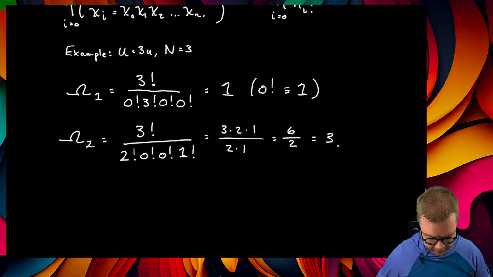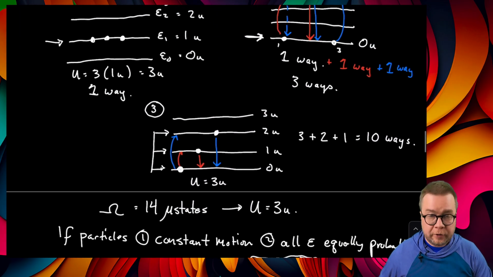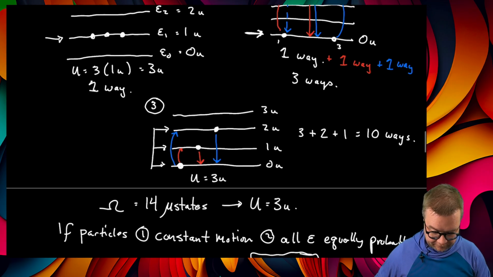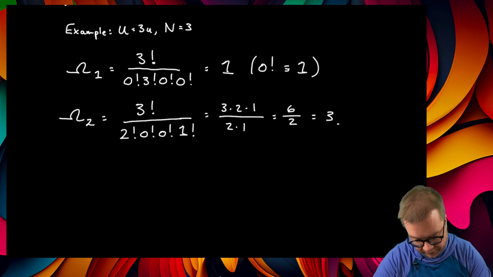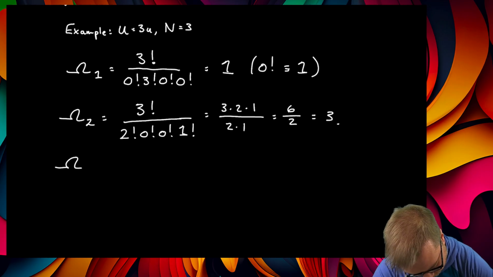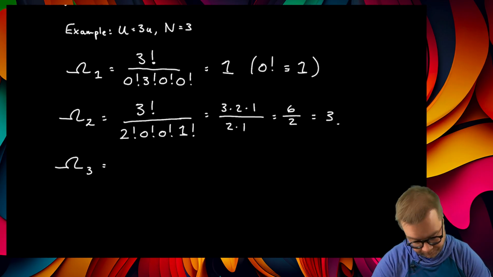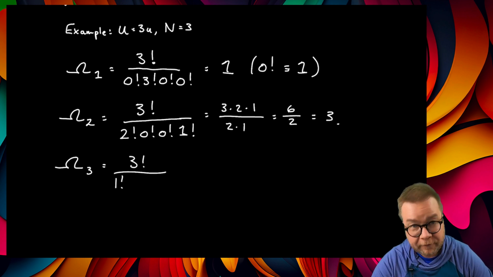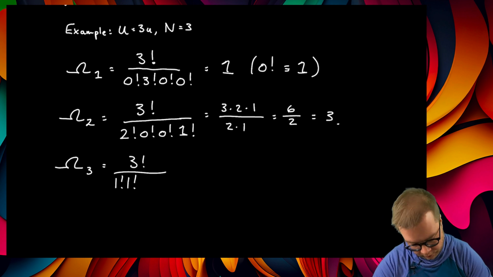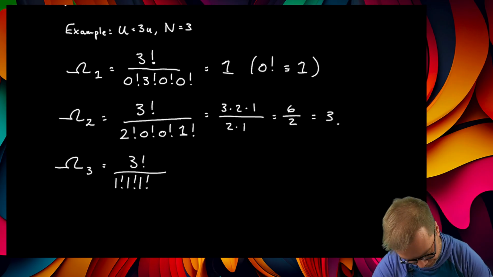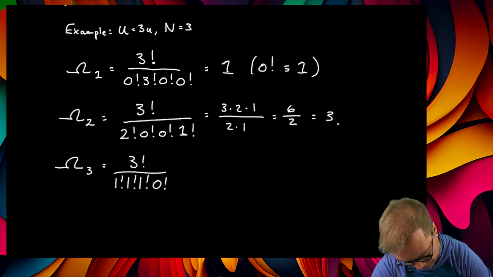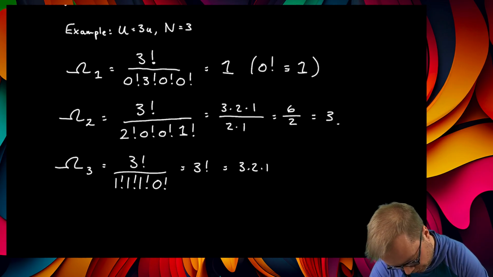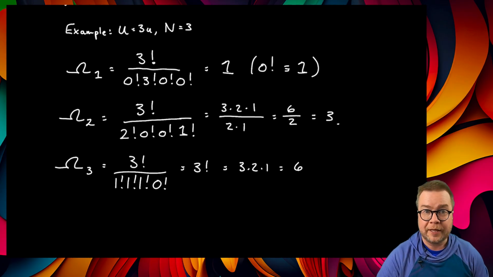And then finally, how many are in this third configuration, where I have the particles spread out between these different energy levels? So we'll just do that. The number of microstates associated with that arrangement, I've still got 3 factorial particles, but now I have 1 particle in that first energy level, 1 in that second one, 1 in that third one, 0 in that fourth one, so I end up with just 3 factorial. So I've got 3 times 2 times 1, or 6 microstates associated with that,